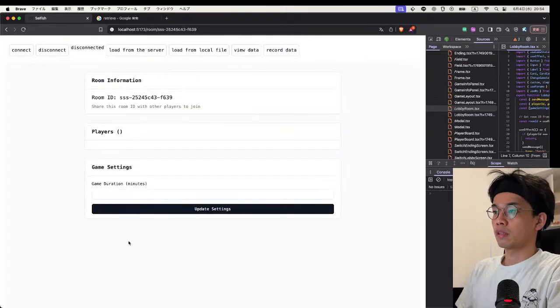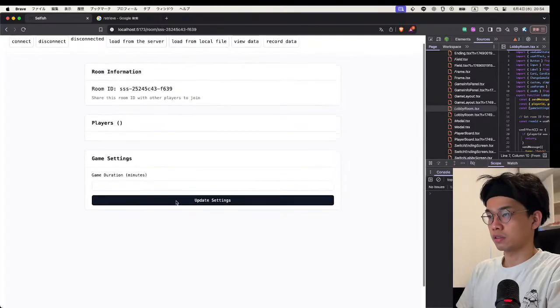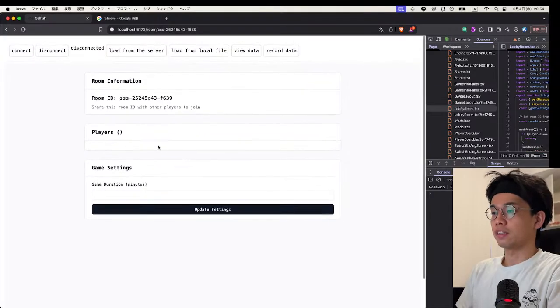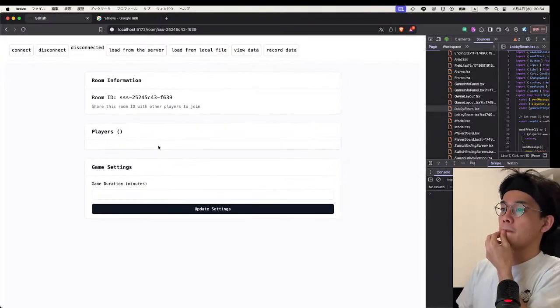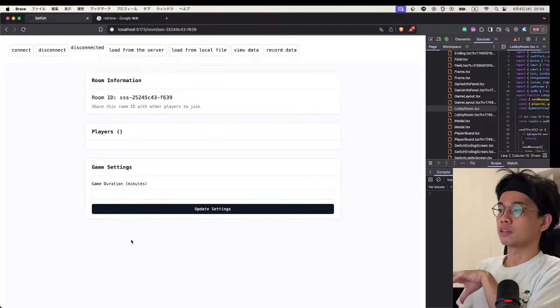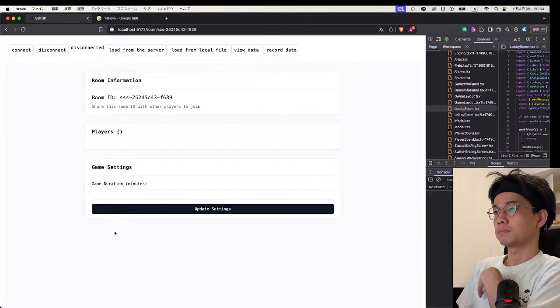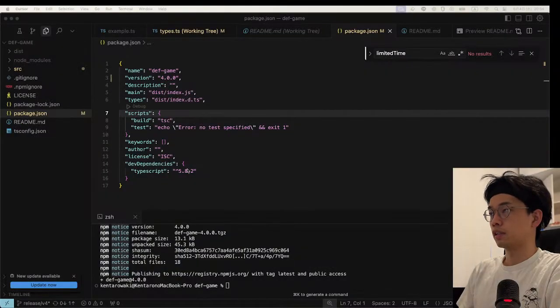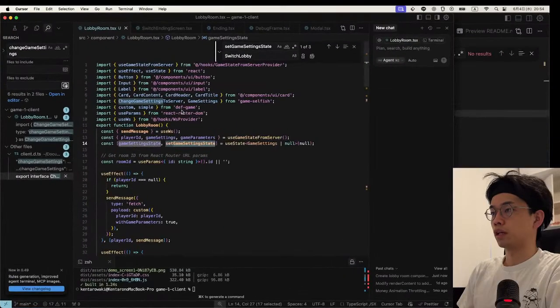I will start with implementing and finishing this screen, and I need to add a button to start the game. That's it. So let's take a look at the code, and I need to add a button